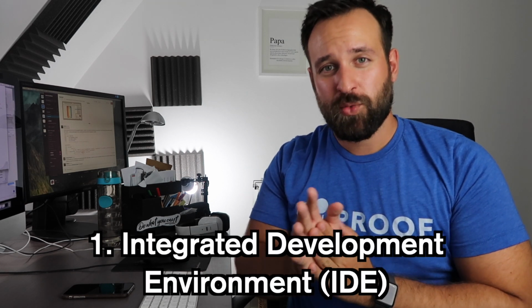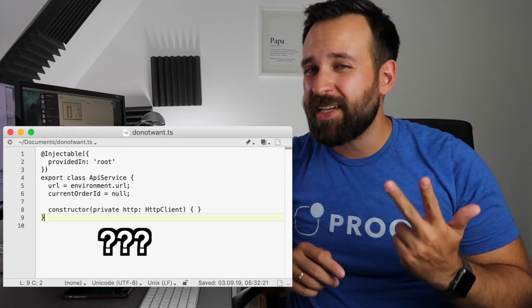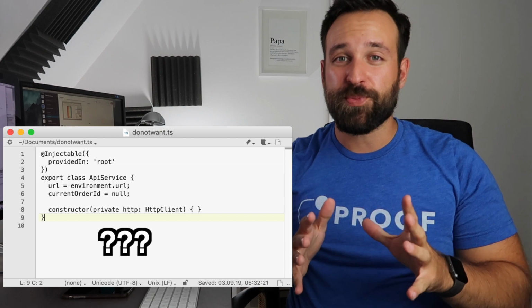Step number 1 is actually pretty easy. It is to use a decent IDE, which means a development environment that lets you work in a good way. For example, using Notepad, using the text editor or whatever it might be isn't really a smart choice for your project. So I know I started with this like 15 years ago, but today you should use something that has